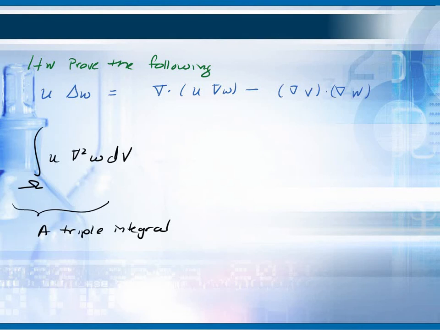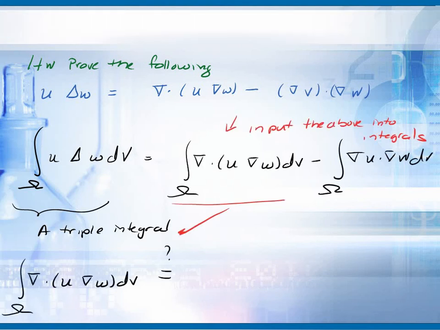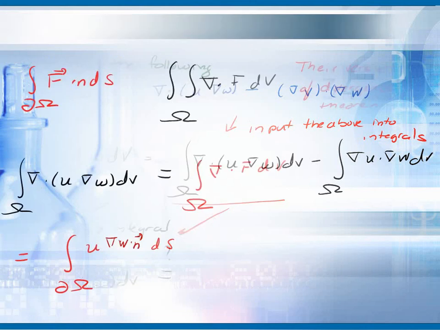So realize that this is a triple integral if they're doing it over a three-dimensional volume. I'm going to start with this left side. Well, it's multi-dimensional, so you have to prove it. That's what it is. I told you this is related to integration by parts. So prove that identity, that blue identity up at the top. We're going to calculate that black integral on the left that I have under a bracket that says a triple integral. What you do is you take that black triple integral and you drop in the identity above and split up the integrals. And then what you get below